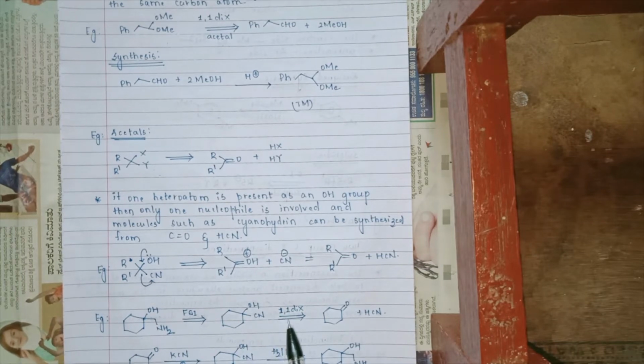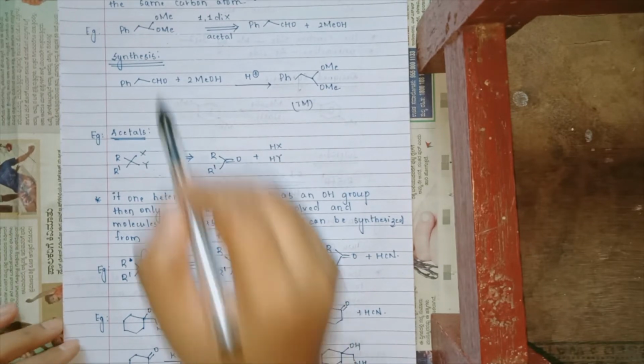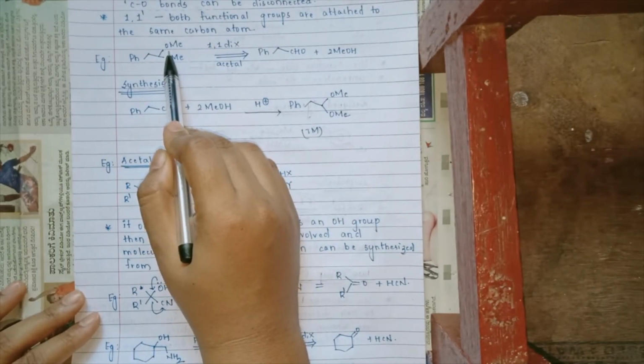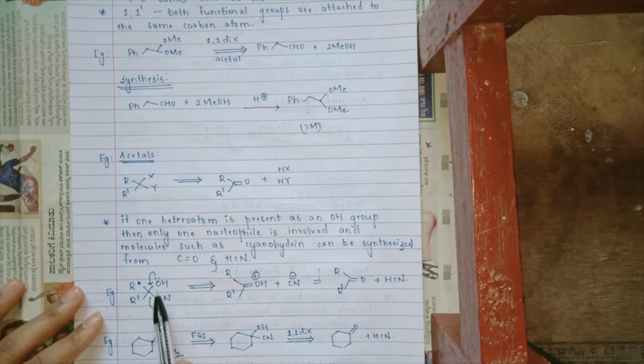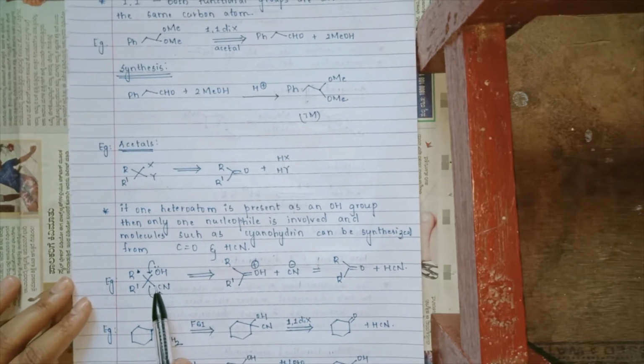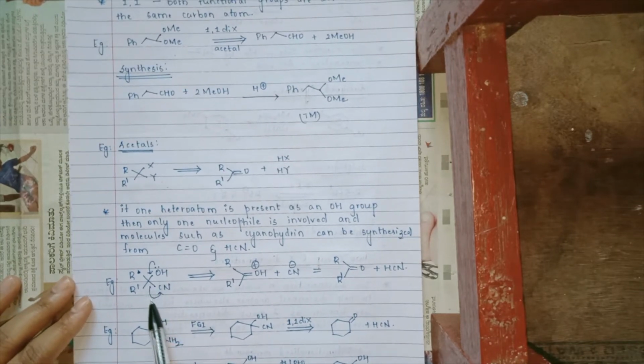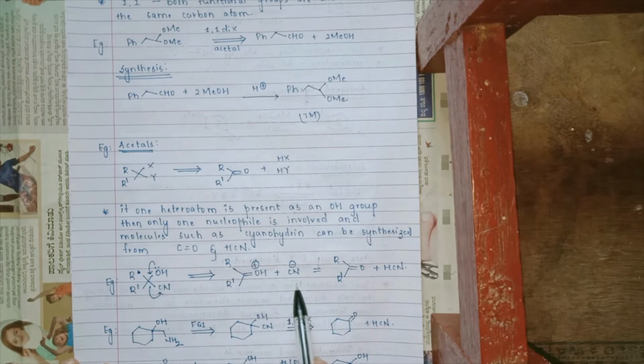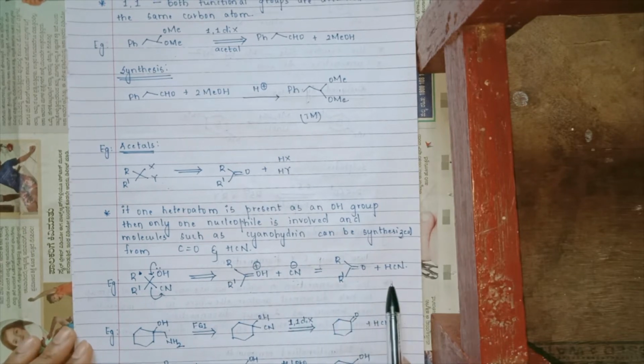One of the systems should be an OH or an OMe, like we have observed in the previous system, so that the lone pair of electrons on the oxygen can be utilized. They travel and cleave the next group, in turn giving me a carbonyl carbon and CN minus. CN minus is a nucleophile. We get a carbonyl carbon and an HCN.